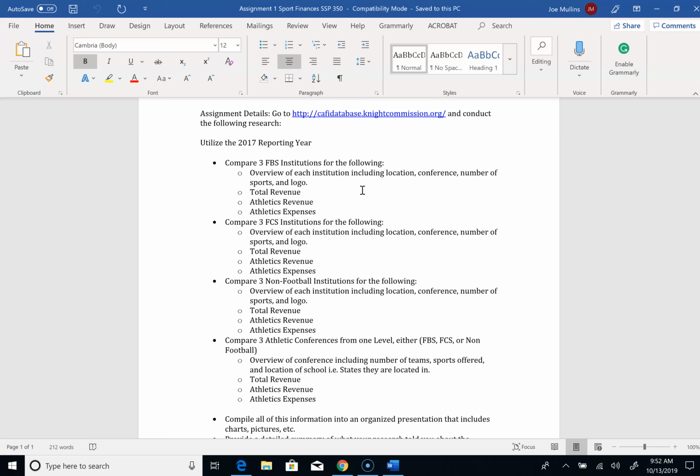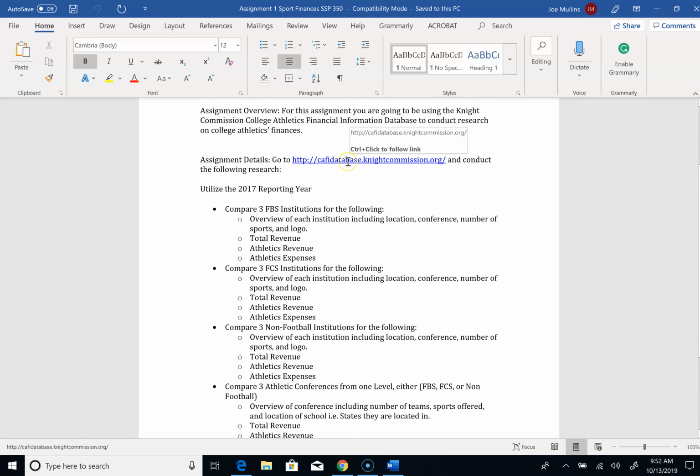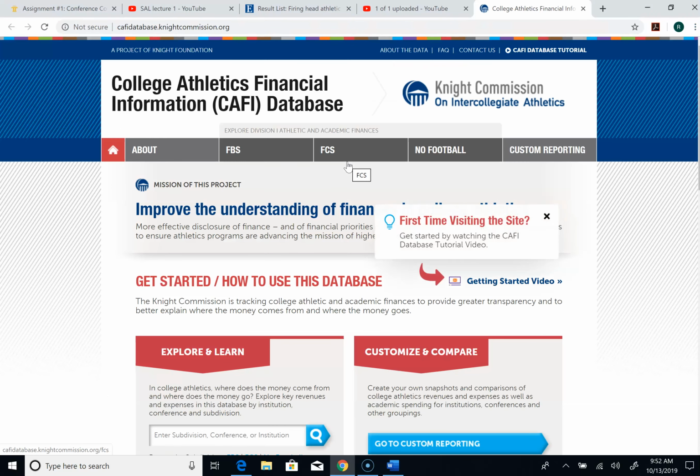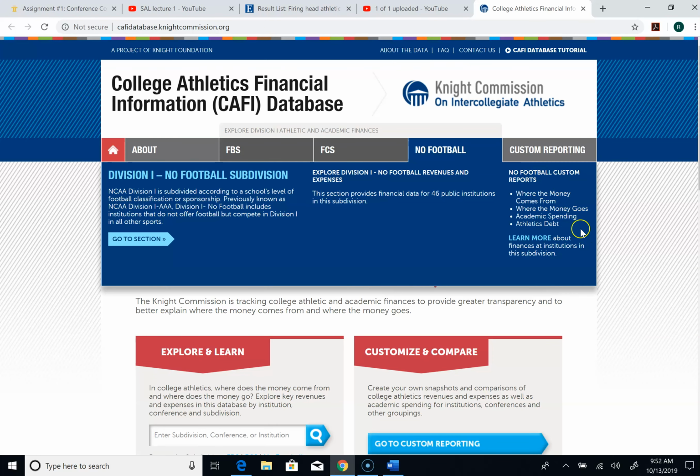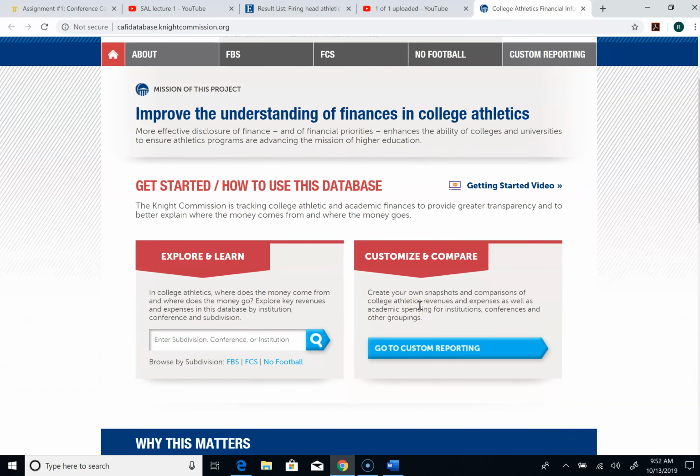You're going to compile all of this information into a PowerPoint, and you just need to follow it step by step, but I want to show you exactly how to use the database. So if I go to the Knight Commission, it's going to bring me to this database, which is the financial information one. And so the first thing I want to do is start to look at